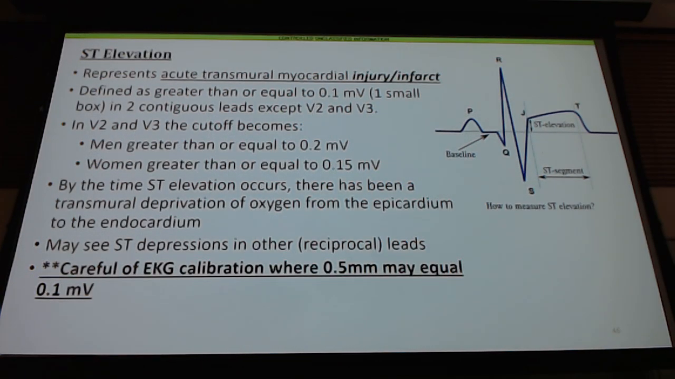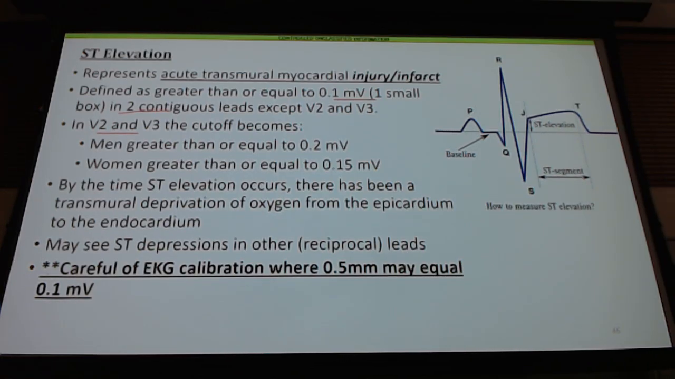And when we look at it, if it is in any lead other than V2, V3, you have to have that one small box or 1 millimeter or 0.1 millivolt elevation in 2 contiguous leads. If it's in V2, V3 that you're seeing that elevation, you get a little more of a leeway before you can call it a ST elevation. But remember, look at your calibration of your EKG to make sure that it is calibrated normally. Otherwise, this criteria may be altered